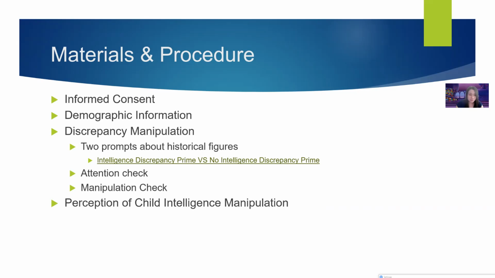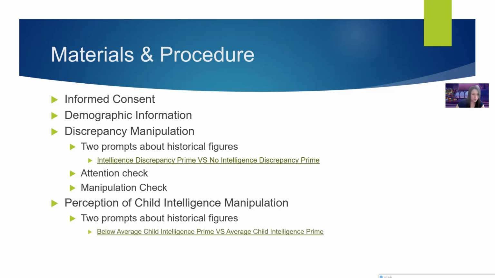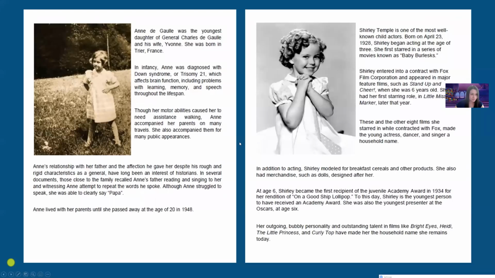We also had a perception of child intelligence manipulation, and this also consisted of 2 prompts about historical figures. And the goal here was for parents to engage in a social comparison process of their child to these figures. So for the parents presented with the Anne de Gaulle prompt, the goal was for them to engage in a social comparison process, comparing their child intelligence to Anne, and perceive their child as more intelligent after being presented with